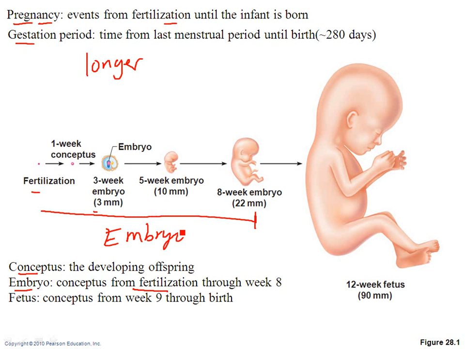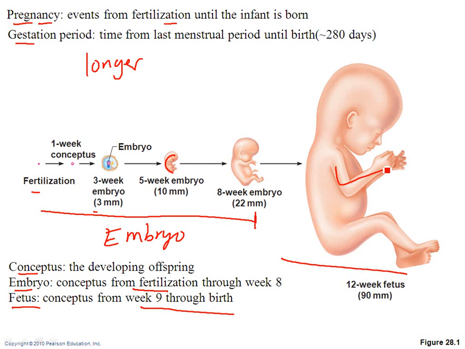And I always tell my students, if you're looking at the pictures, it still looks kind of like a strange little creature. It doesn't quite look like a little human yet. It has a large head, kind of looks like if you looked at an embryonic chicken or pig, anything. You see kind of an outline of a shape. You're not really sure what it is. About the time it looks like a baby, from 9 weeks on, that's when we call it a fetus. So it really starts to have those arms and legs and fingers and toes and nose. You can really see that it looks like a baby. From 9 weeks on through birth, we call it a fetus.